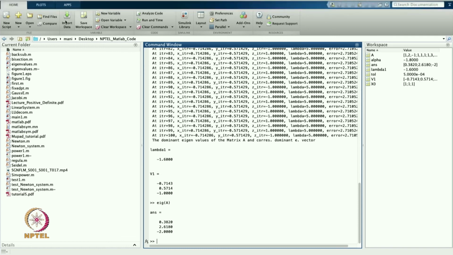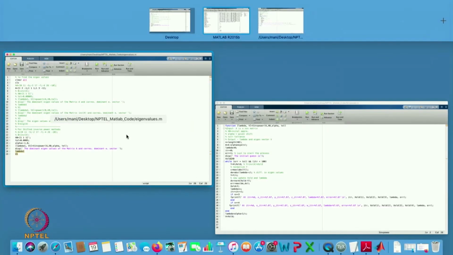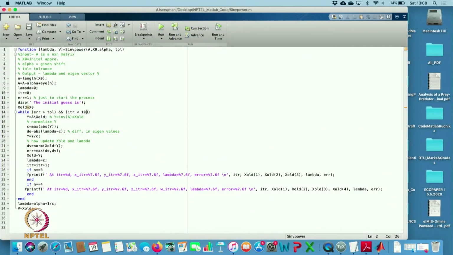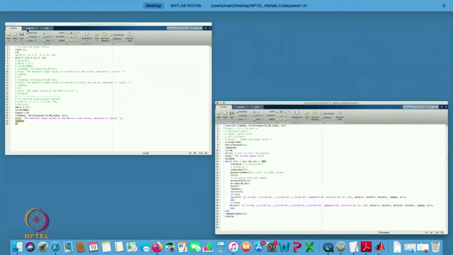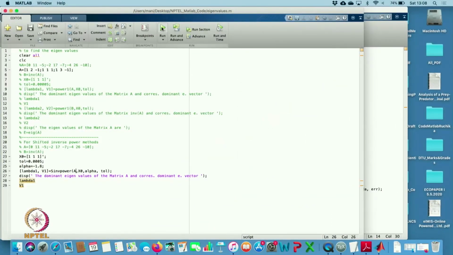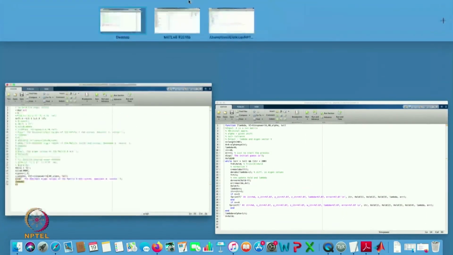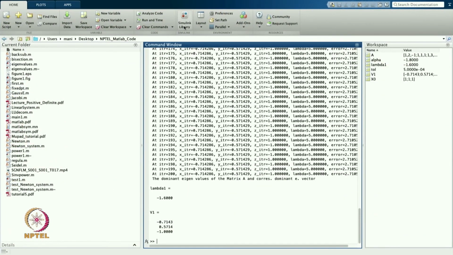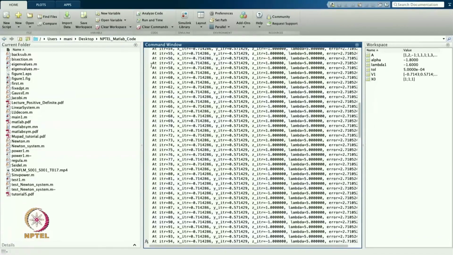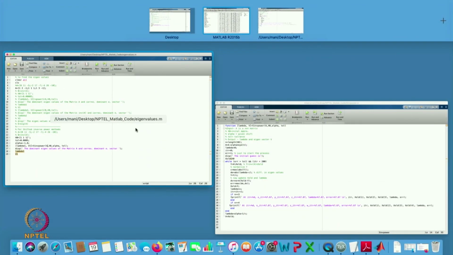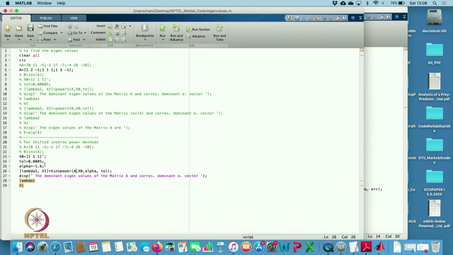So, let us try to increase the number of iterations in this case. Let us make it maybe 200. Let us see. After 200 iterations also I am getting this. So, I have to go much closer, it means that I have to go much closer to this one. Maybe I will find